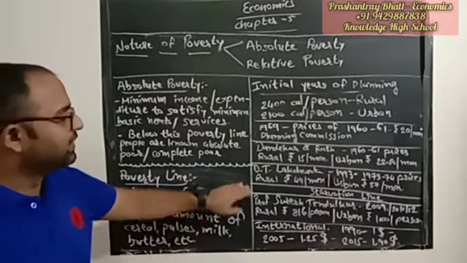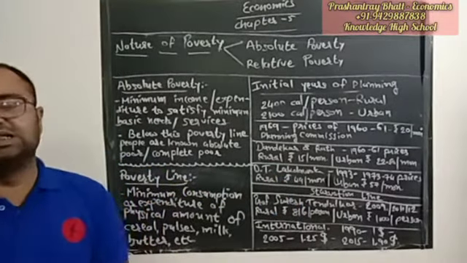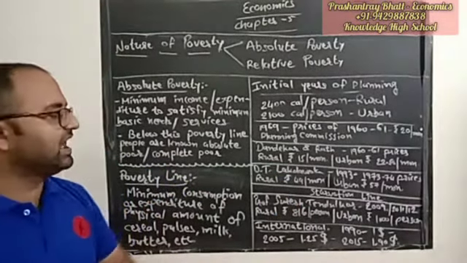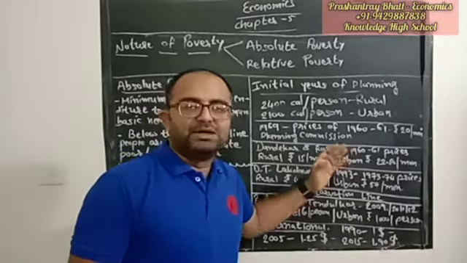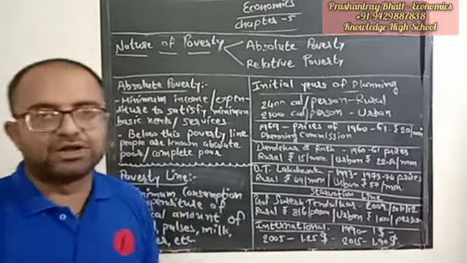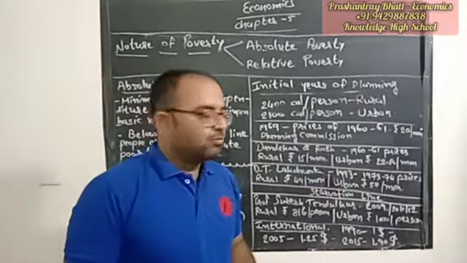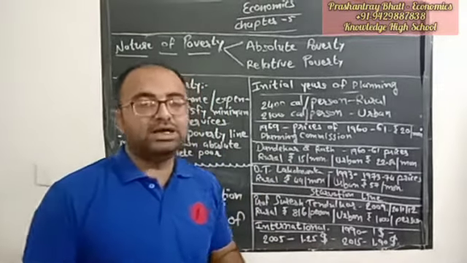and they say in the rural area ₹49 per month per person is the minimum income level for the poverty line, and in the urban area ₹57 per month per person is the minimum income required for the poverty line. Right? So that's how the prices rose, right? And the poverty line also increased.